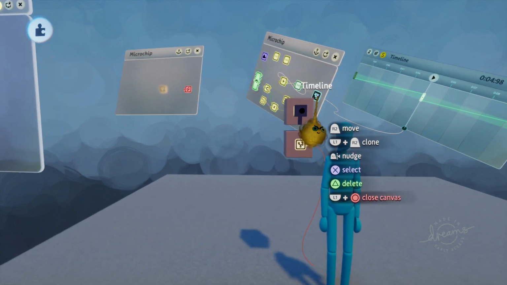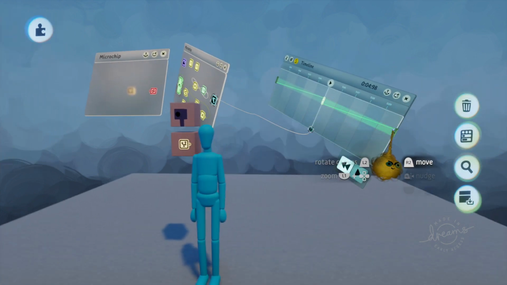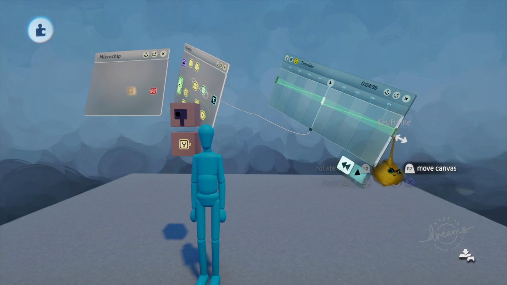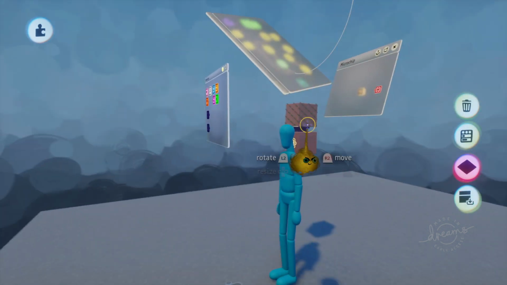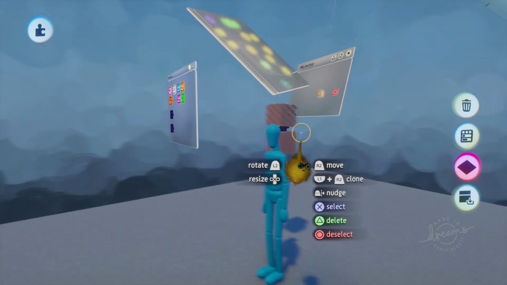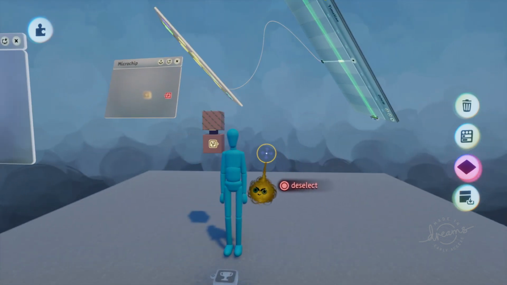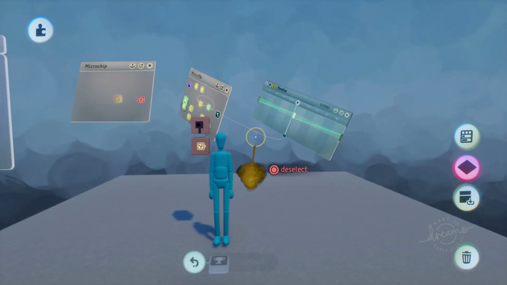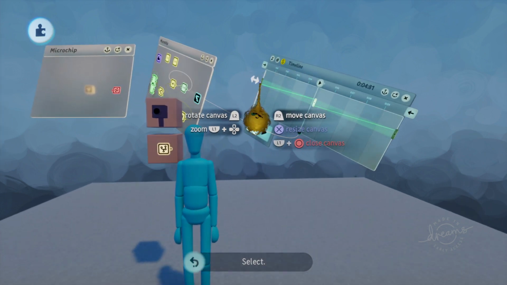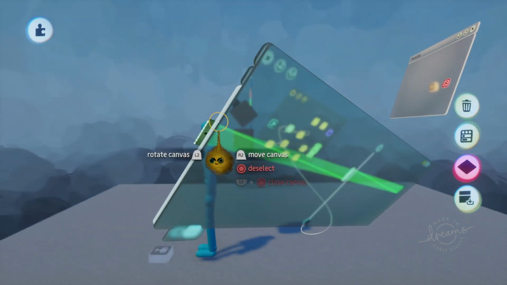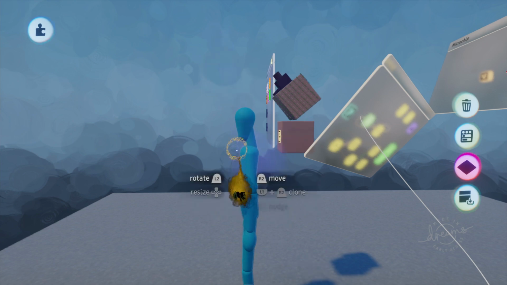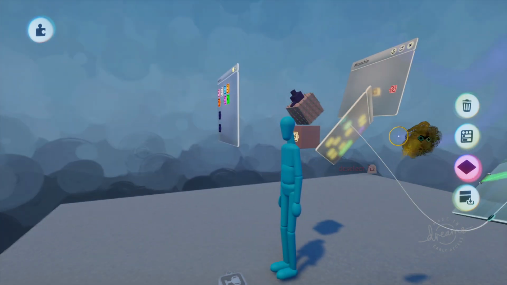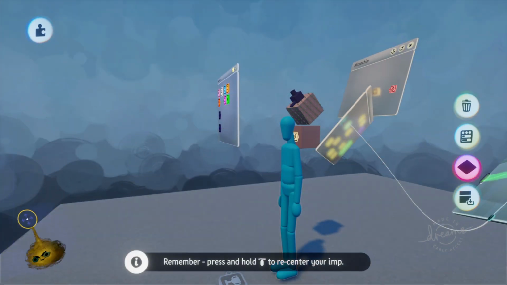Alright, so what we need to fix here is the timeline. In the timeline, I already did one, and I'll show you the other one I did. I made it look all the way down. I'll show you how I need to do the other one. So it needs to look up all the way. And the reason for that is you kind of want them to have the same tilt up and down, because